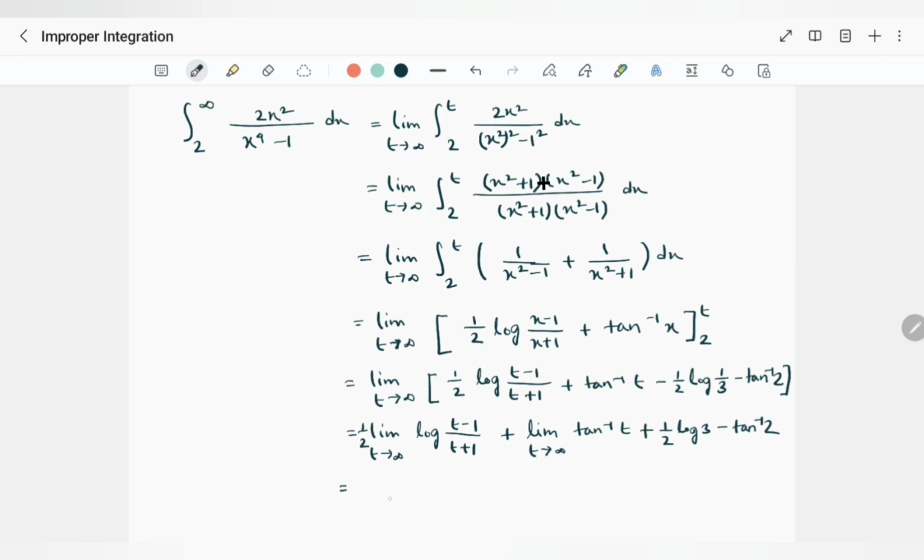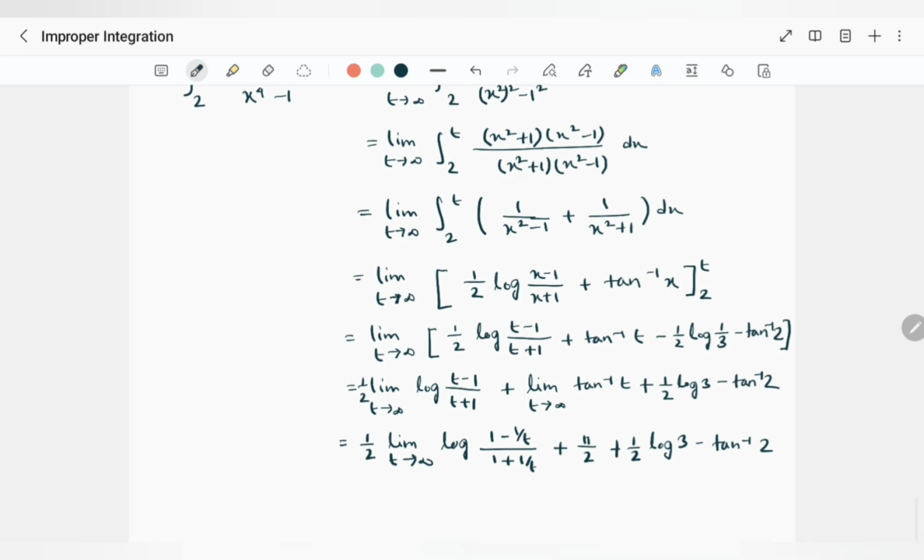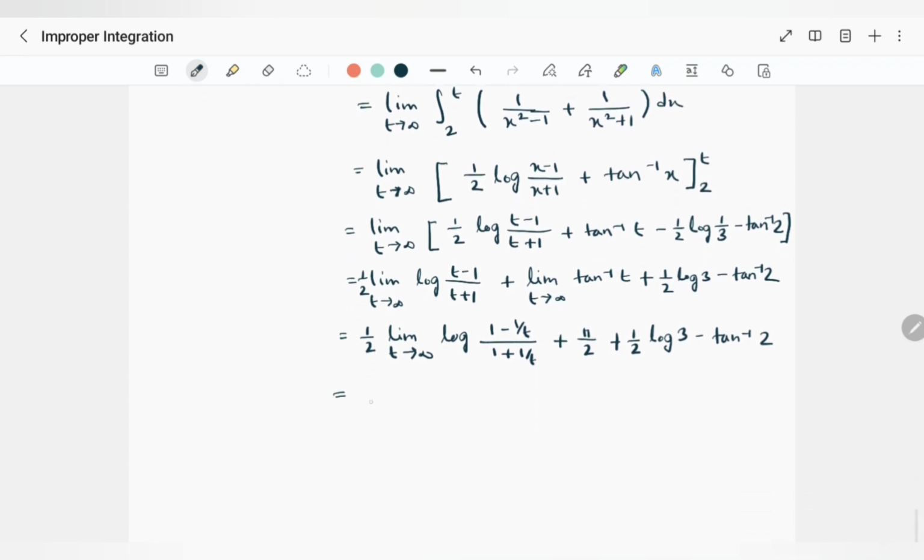Now this is equal to half of limit t tends to infinity log (1 minus 1 by t)/(1 plus 1 by t), plus, for tan pi by 2, tan goes to infinity, so limit t tends to infinity tan inverse t is pi by 2, plus half of log 3 minus tan inverse 2. So this is equal to half of,